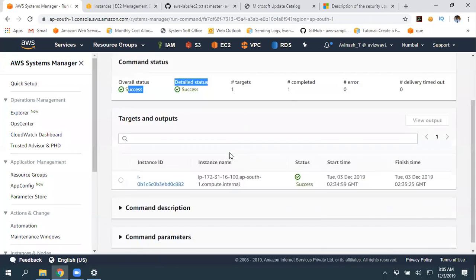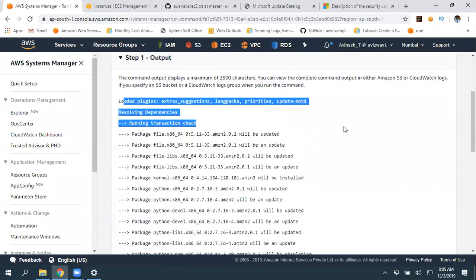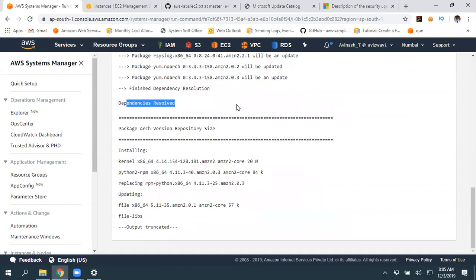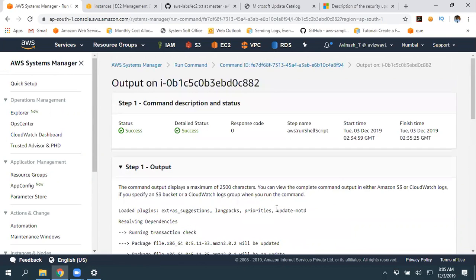See, this is success. If you observe the output, it executed that command, and when you run that, it looks for the dependencies. What is the output you got in the console? The same you will get here.